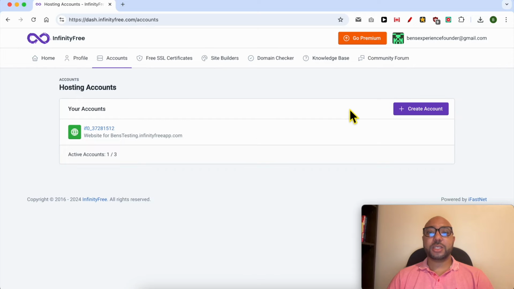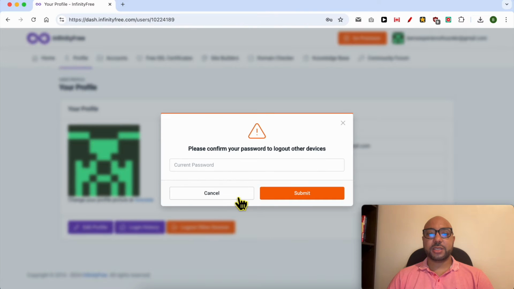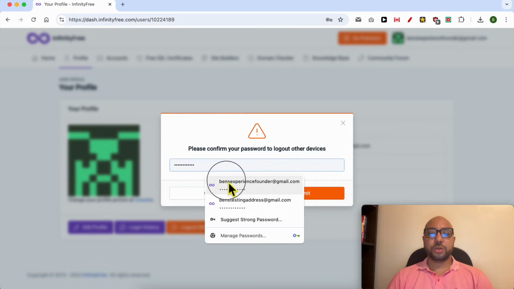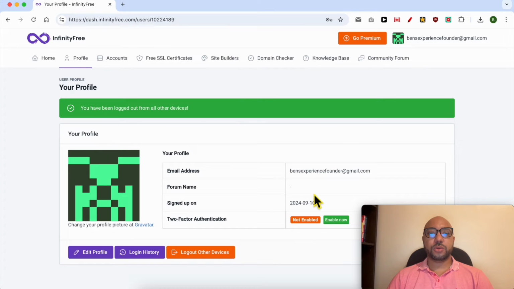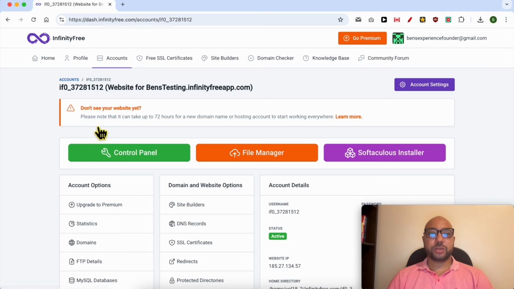Now, before deleting your account, I recommend you check your profile. Click on this logout other devices to make sure that no other device has your account open. After that, go to accounts, click on the web hosting account you want to delete, and click on this account